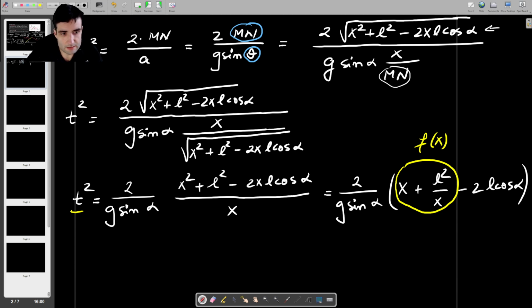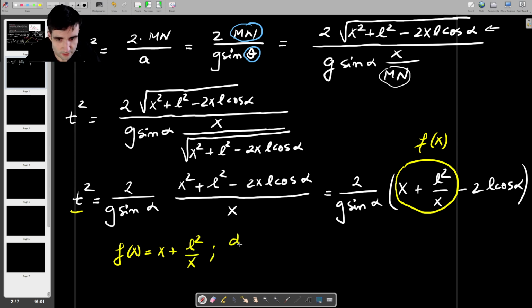Yeah, and let's try to minimize f of x. Now you can actually do this in a few ways. If you want, you can do some completing the square stuff, but I think at this point it's probably worth knowing some basic differentiation just to reduce the amount of headache that you get from this. So I'm gonna say that f of x is x plus L squared by x, and we're gonna try to